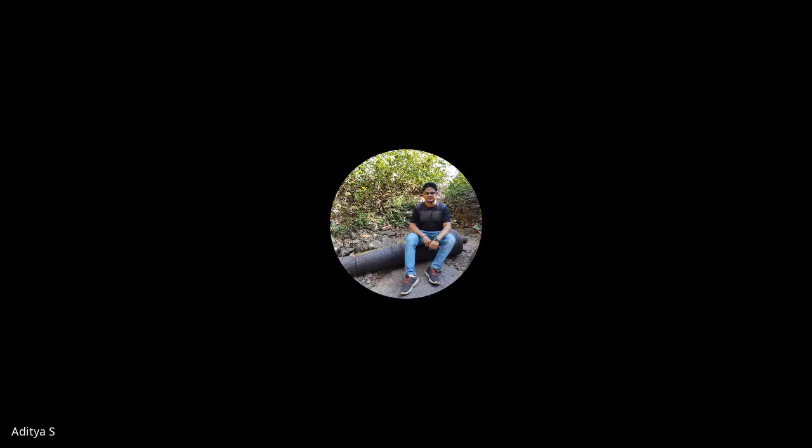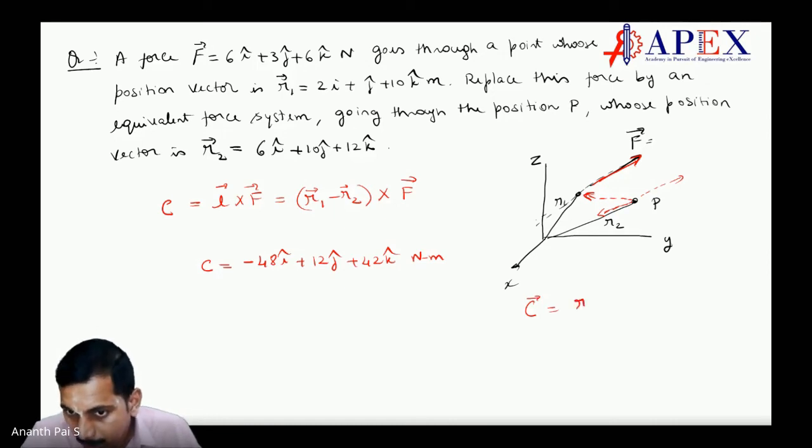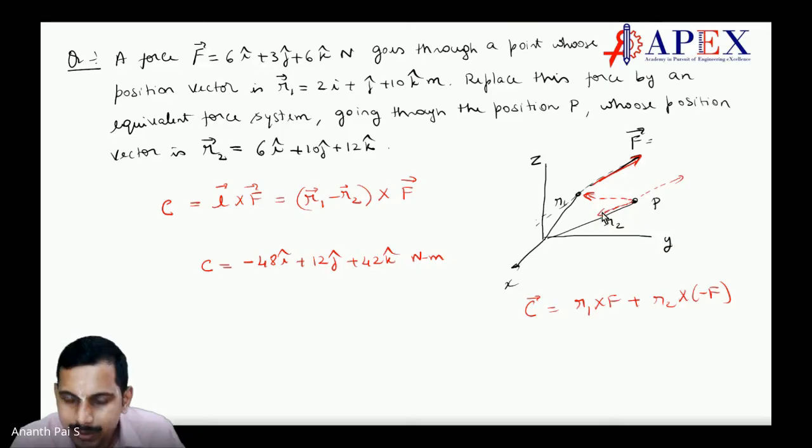Okay. See, R1 minus R2 is because when you take the couple moment, what you take? You take R1 crossed with F, plus we have R2 crossed with minus F, correct? Makes sense? Why is it minus F, sir? Because this is F we are considering. See here. This is F we are considering. What would be this? This would be minus F, is it not? Yes, sir. So couple is always like that, is it not? This is minus F.